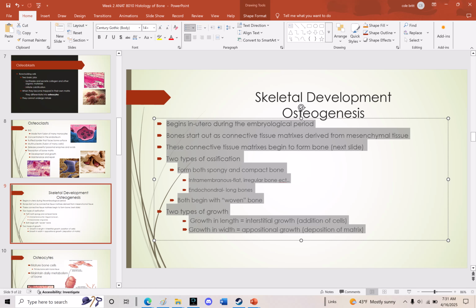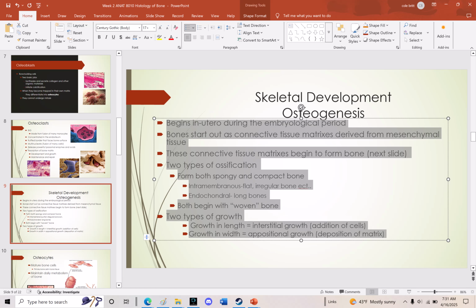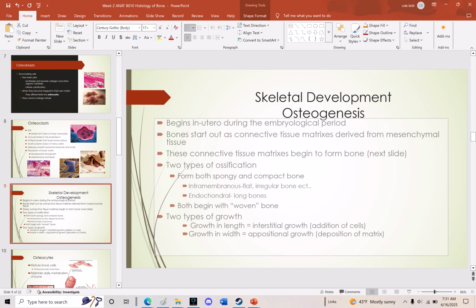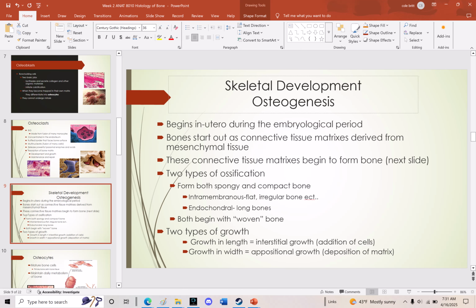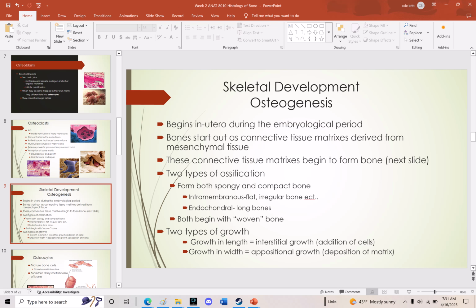That tissue begins to form bone sort of around the model. So it's almost like you make a 3D printed model out of plastic, and then you go back and you replace the plastic model with actual bony structures. We're going to see that both the spongy and the compact bone are formed either via intramembranous ossification or endochondral ossification. Typically, endochondral ossification is reserved for things like our long bones, like our fibula, tibia, but also the